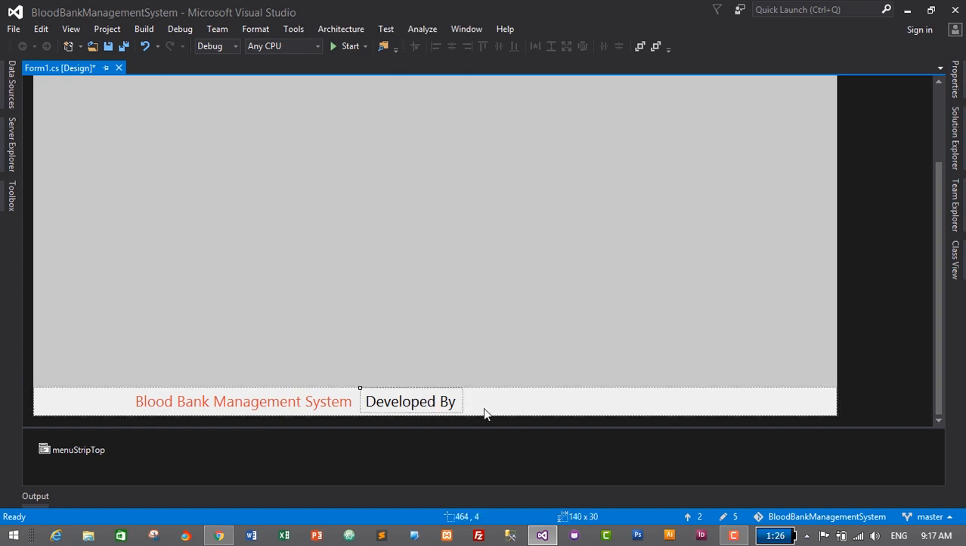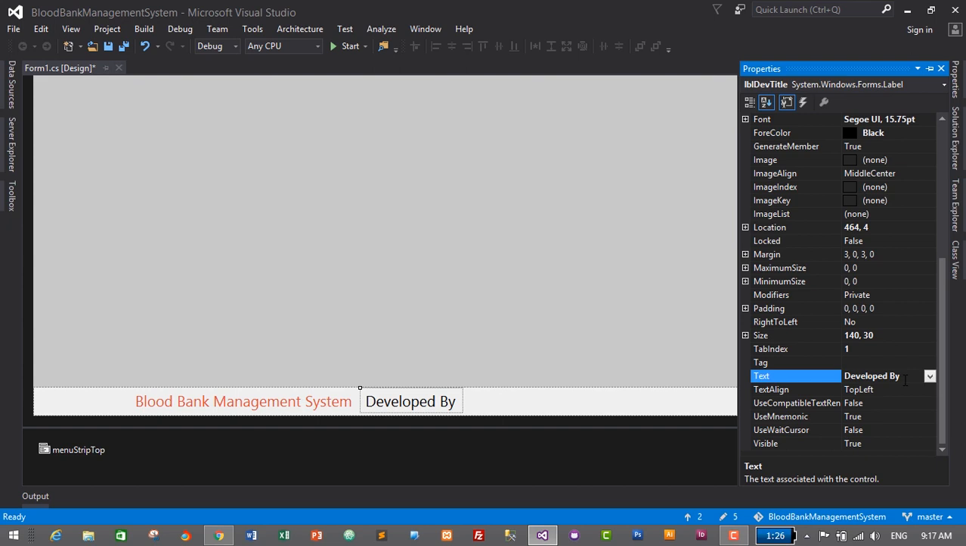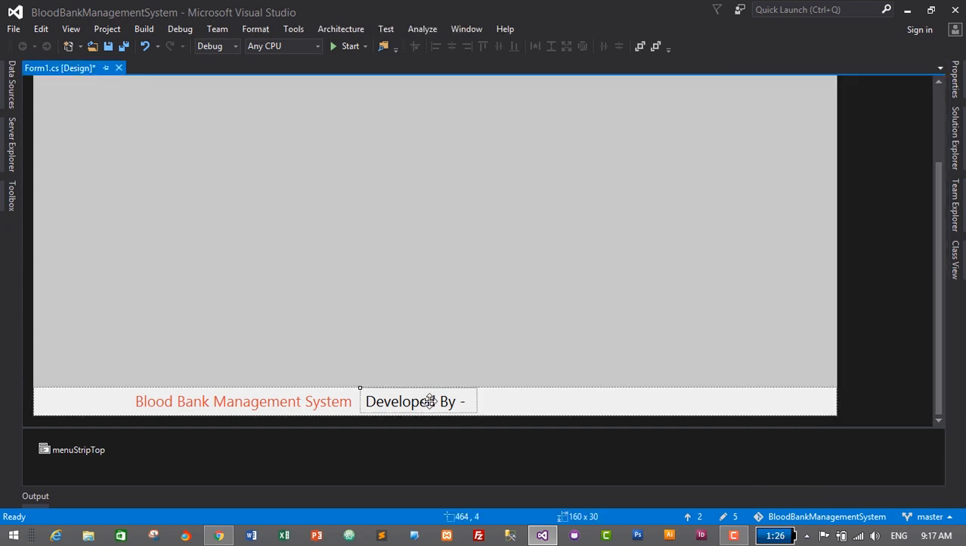So it looks like this, and I think I'll add a hyphen after developed by. So just select the label and properties, and here I'll add just a minus sign, and similarly I'll add the name on the right side of developed by. So just Ctrl C to copy this label and Ctrl V to paste, and just move it to the right side,